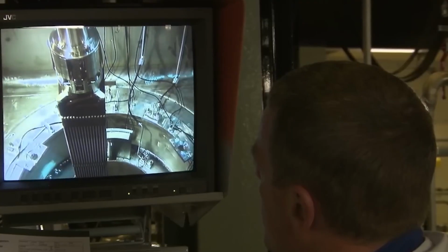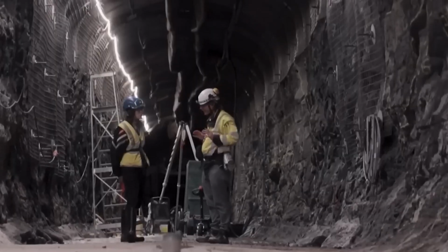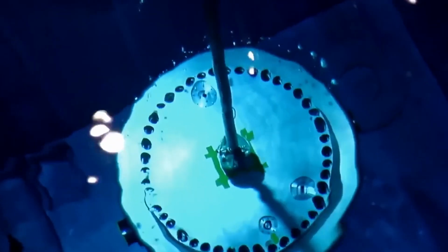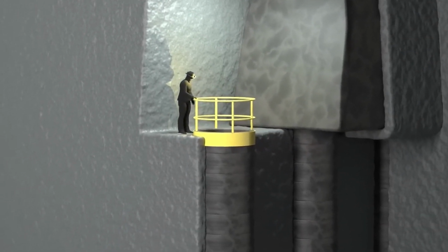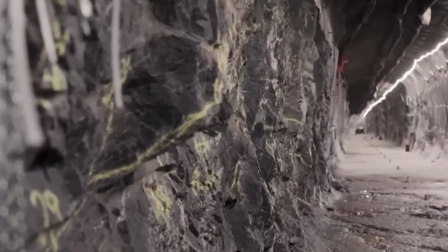The danger from this nuclear waste lasts much longer than most human civilizations have existed. To manage this, the facility uses strong copper containers with iron supports inside to hold the waste. These containers are placed deep underground, over 2,300 feet down, in tunnels drilled into very stable rock. This rock type was specifically chosen because it's known for not moving much, which is crucial for preventing any leaks